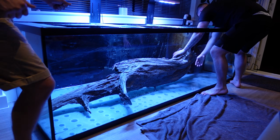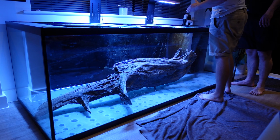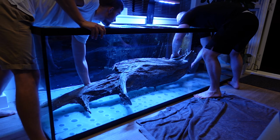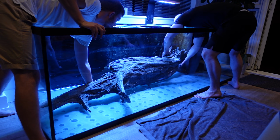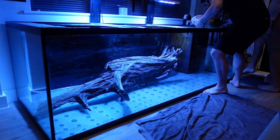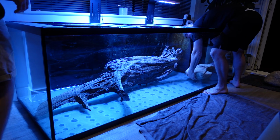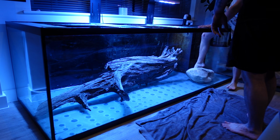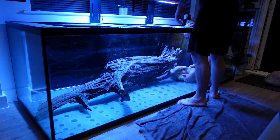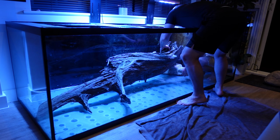Now with aquascaping, I'm always aiming for the rule of thirds. If you haven't heard of that, essentially you want to create some sort of triangle effect, whether you have the peak in the middle of the tank sloping down on the left and right hand side, or whether you have that peak on the right hand side sloping all the way down to the left. So in this scenario, the huge piece of driftwood was really long, and it made sense to prop it up on the right hand side just in the corner where the filter is, sort of hide the filter away a little bit,